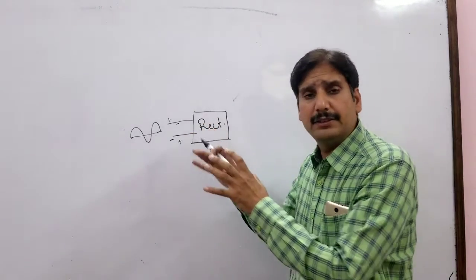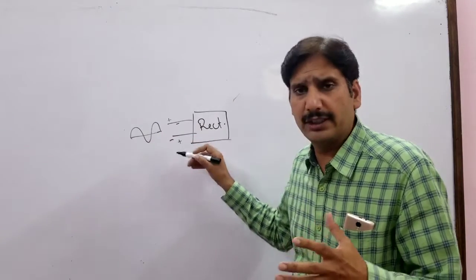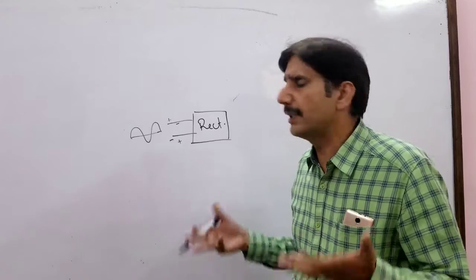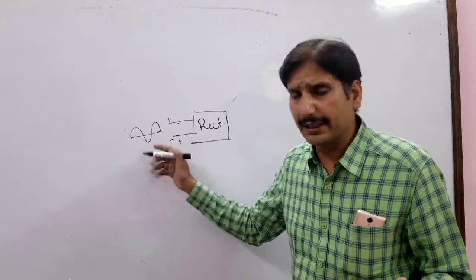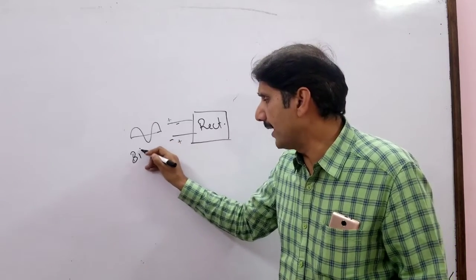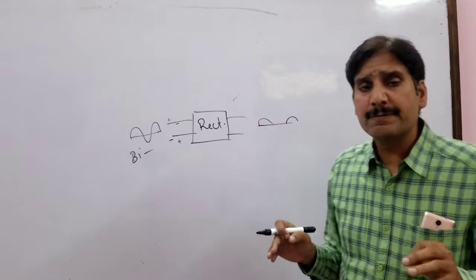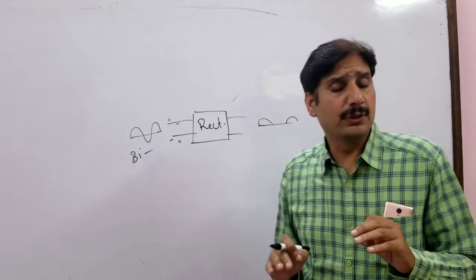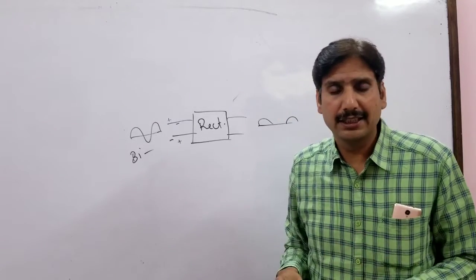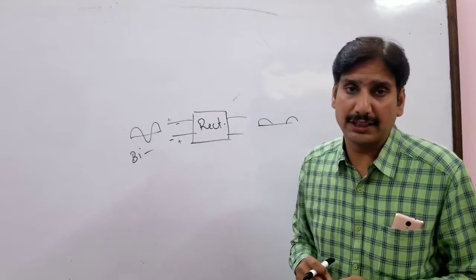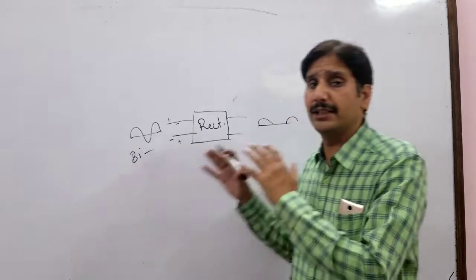We should understand that it is not necessary for it to be sinusoidal in nature. That's the most common thing to assume, but this can be any kind of bidirectional signal. If this bidirectional current is converted to unidirectional current, that means the current is allowed to flow in only one direction, and when it was flowing in the opposite direction it is restricted. That's what we call a unidirectional current, and a rectifier is a device which converts a bidirectional current to